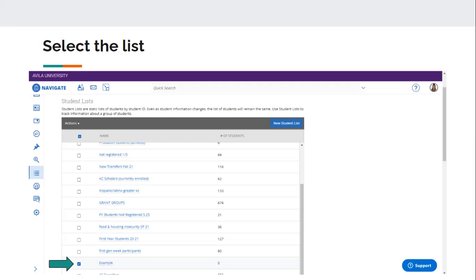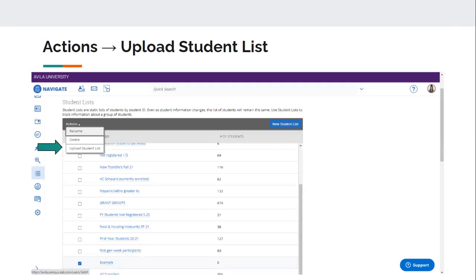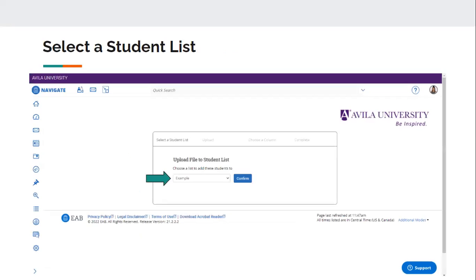So in order to add students, you're going to have to click on that checkbox there next to the new list that you just made. Once you do that, you're going to click on actions, and the third option there says upload student list. In order to upload a student list, it's going to have you go through a few different steps. So it's going to ask you to upload a file